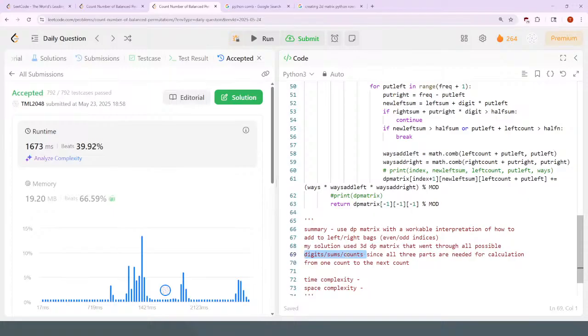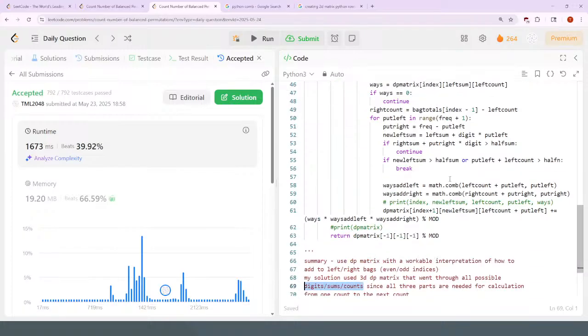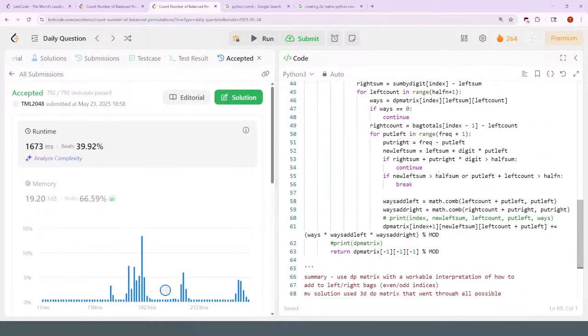Previously I thought of how to do my left side, and then once I figure out my left side, my right side gets calculated. But I need to calculate both the left side and right side simultaneously in the way that I'm doing it,